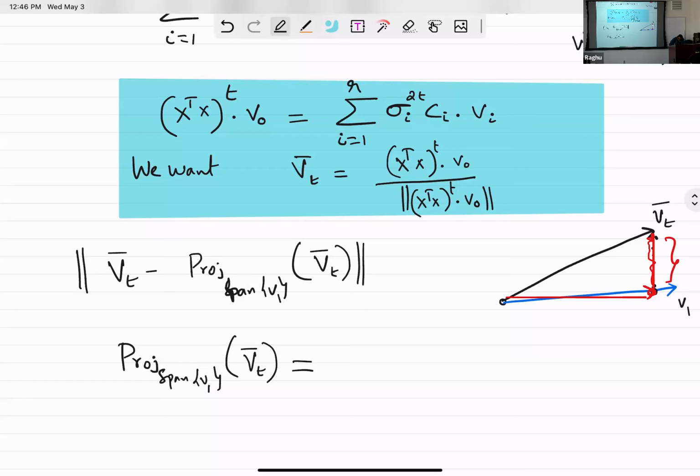Okay. So this is actually equal to this normalization term, which stays as is, times